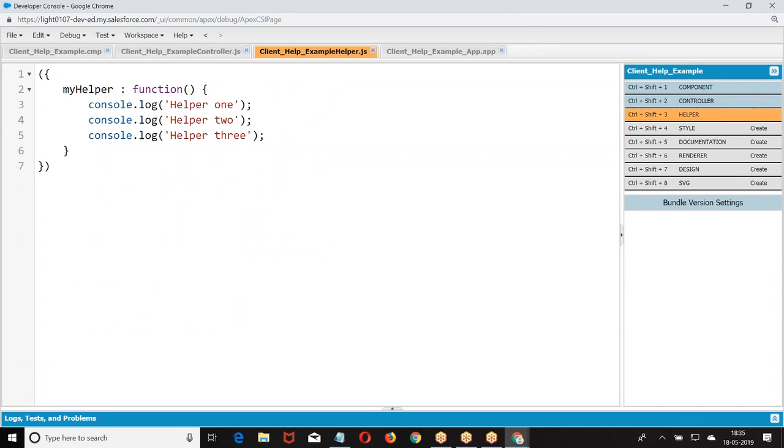So what is the basic purpose of this helper? If you want any common functionality that needs to be used in multiple components, or if you want any common functionality to be performed in multiple methods, then we go for defining that common functionality as helper. Any common code or any particular functionality used more than once or in more than one function, we will define that logic in a separate helper and we will use it. So that will improve the performance, because this will run independently, both of them are going to run independently.